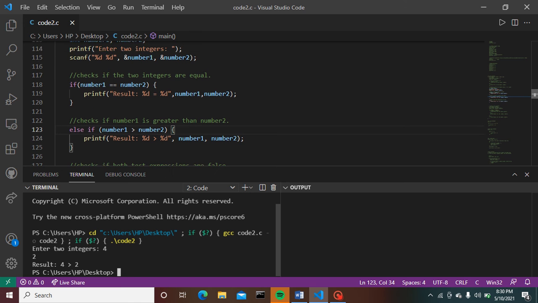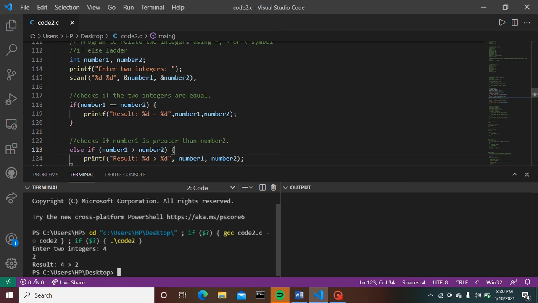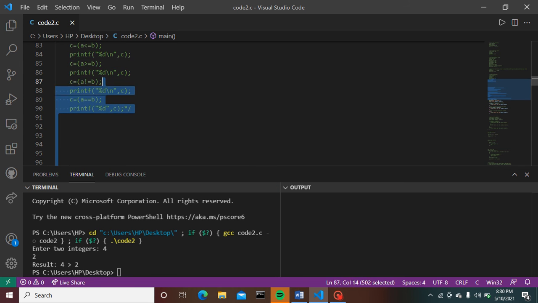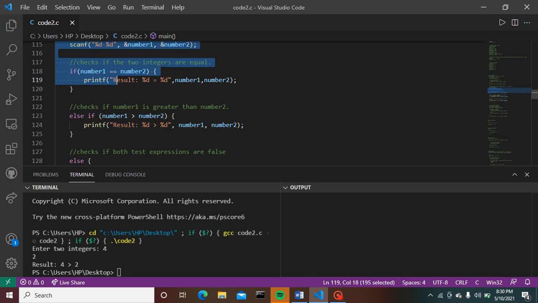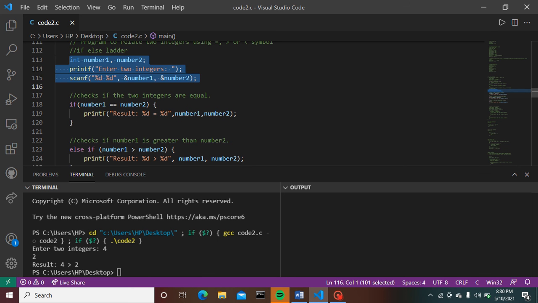Why is it so? Let's have a look at the very first line of this code, line number 113.